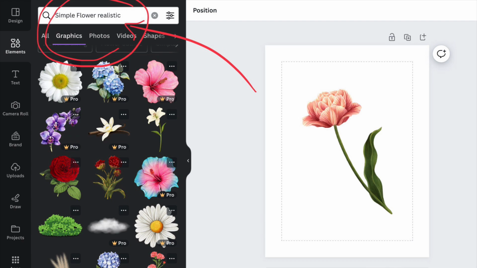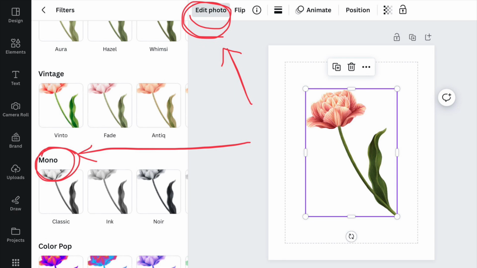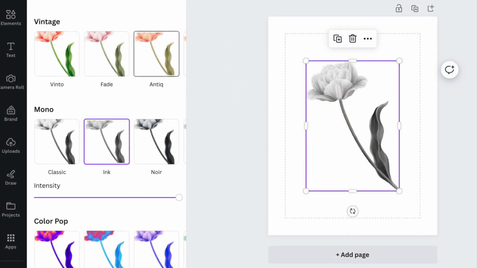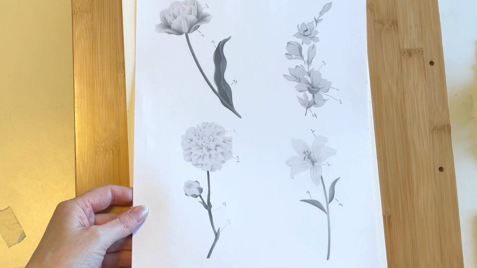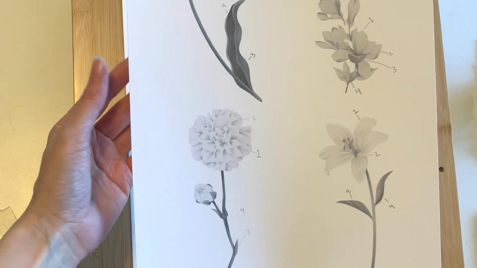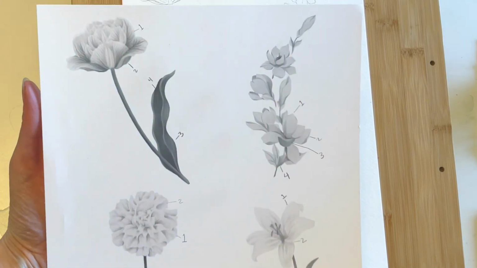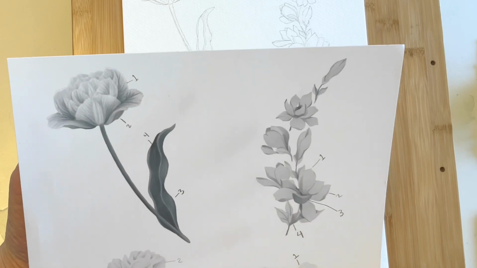Click on Edit Photo, then you can use Canva's filters to convert the flowers to grayscale, so we won't be distracted by multiple colors. None of these images have backgrounds, but we'll choose a more complex image in the next video. I sized mine down to fit 4 on a single page,